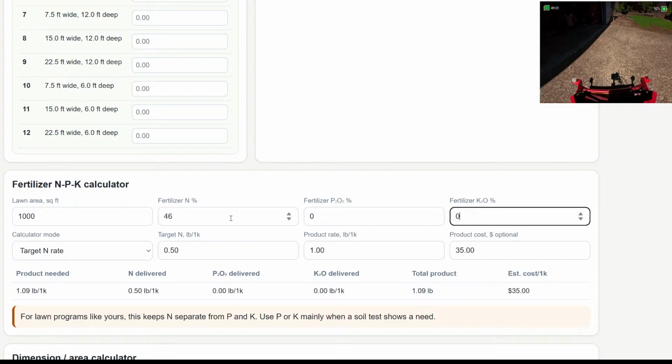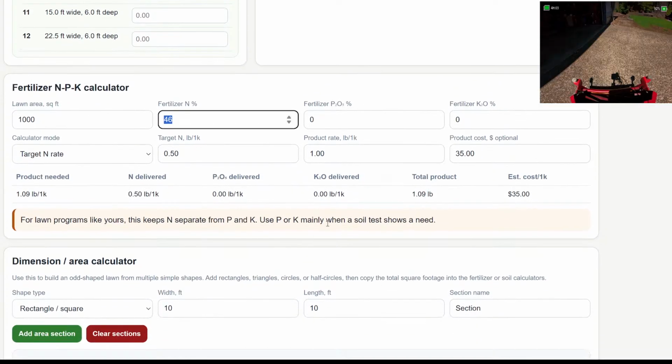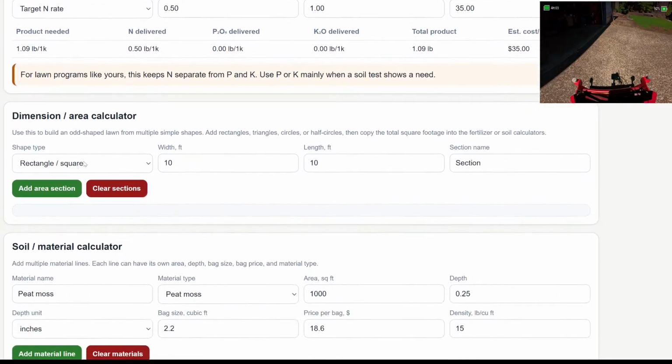that fertilizer. Because when you put down an N, P, and K fertilizer, you don't want to put it down based on your N. Because if you put it down based on your N, your P and your K is going to be probably out of control. I hesitated to put that in here, but I ended up doing it. And it's more of a caution because it's going to tell you what you're going to be putting down percentage-wise for all the N, P, and K.